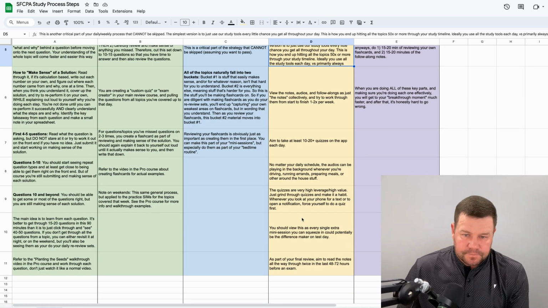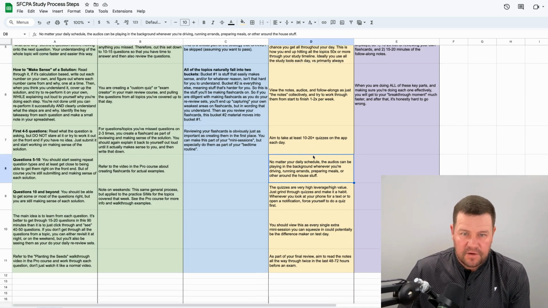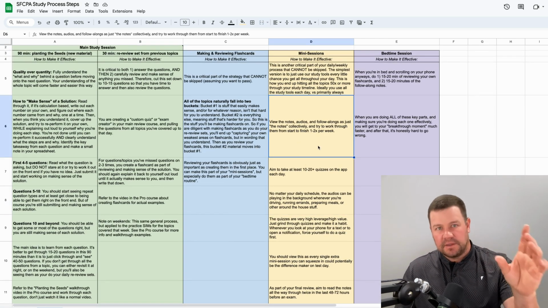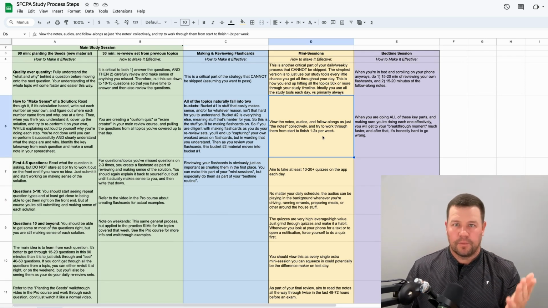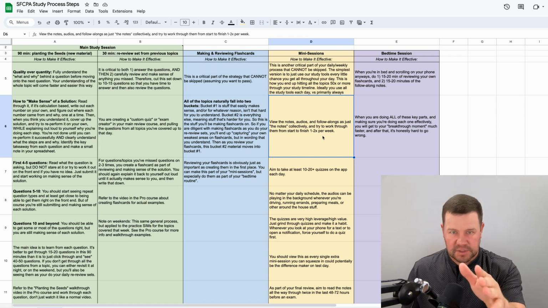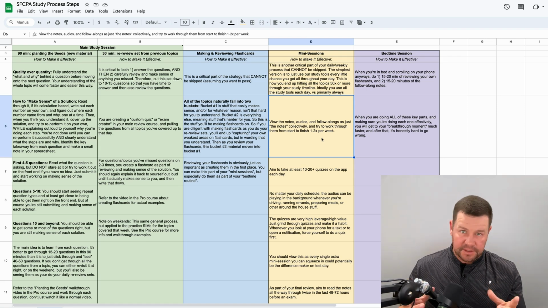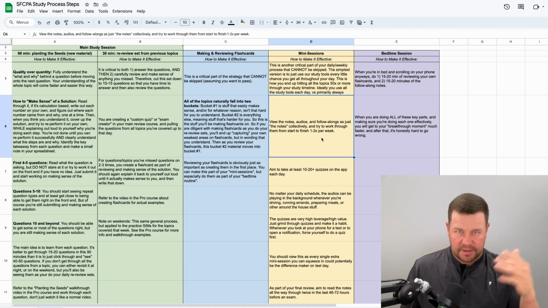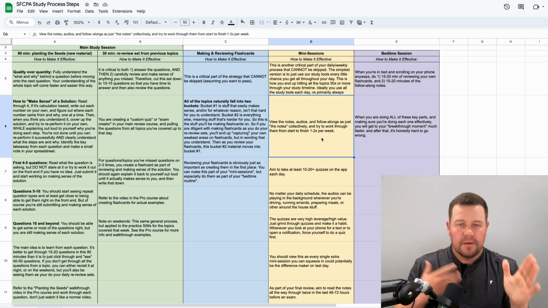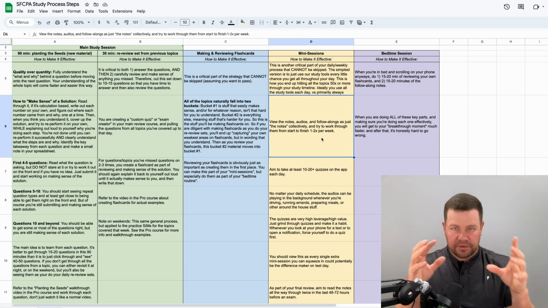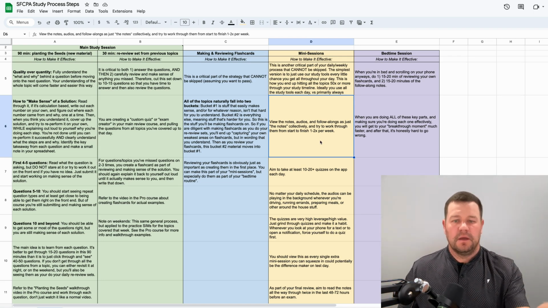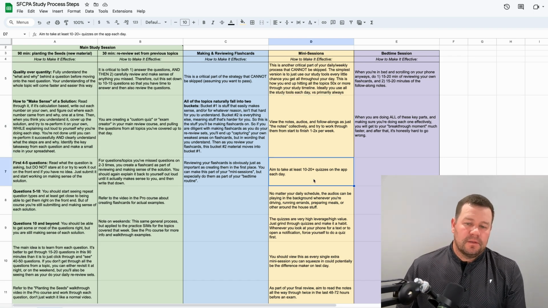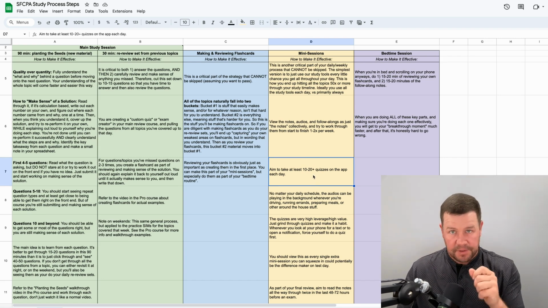Anyways, I basically have covered all this. So you view the notes collectively. If you listen to the audios on your commute, and you get roughly to the third topic, well, then at lunch, if you're going to read the notes for 20 minutes, just try to roughly start where the audio's left off. It doesn't have to be perfect, but roughly you're just working through the notes collectively 1 to 2 times per week. You want to aim to take at least 10 to 20 quizzes on the app each day.